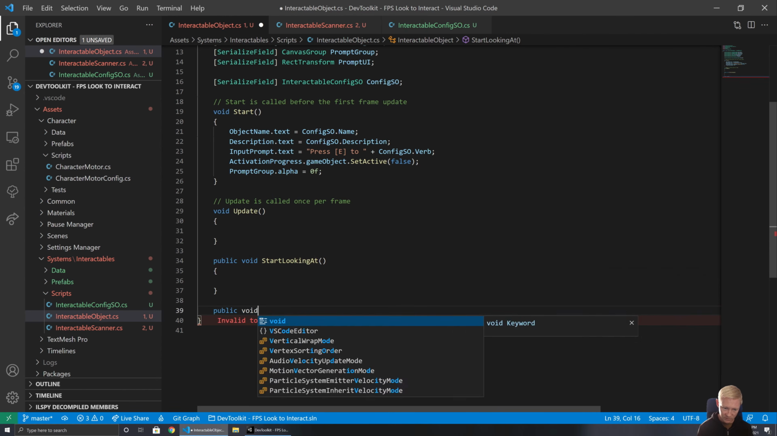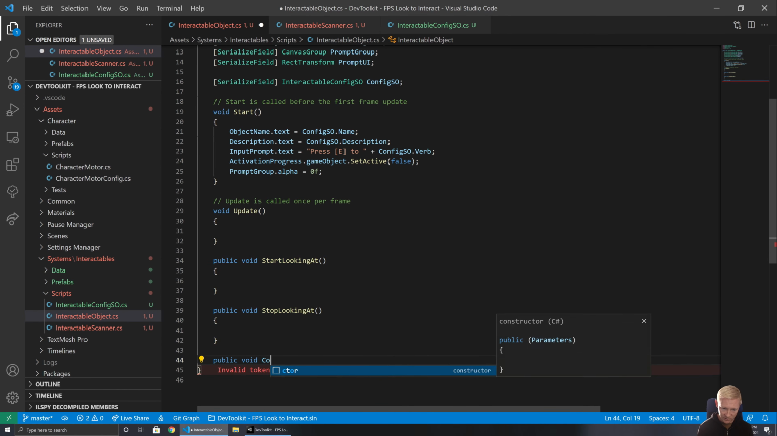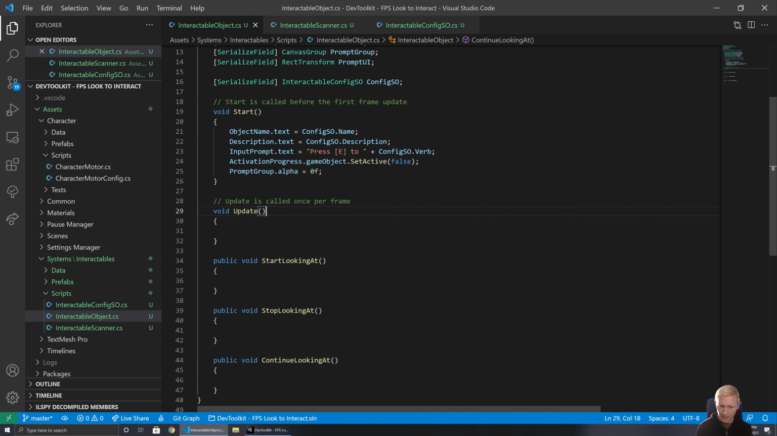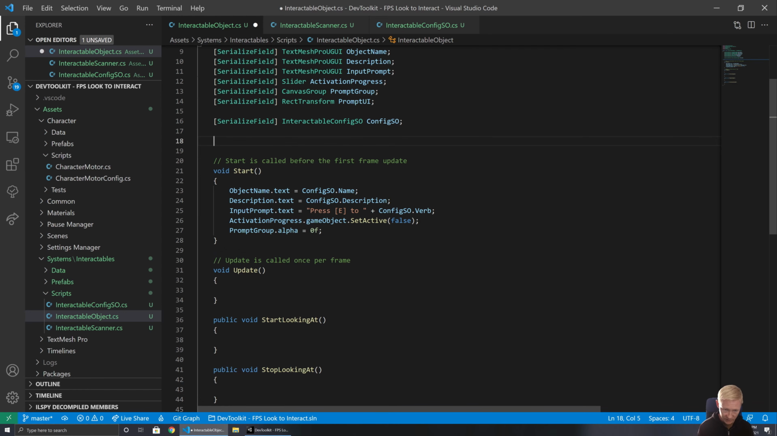We've got stop looking at. And we've also got continue looking at. So what we want to do is have the prompt fade in and be looking towards the player while it's actually appearing. So a way that we could do this is we could have